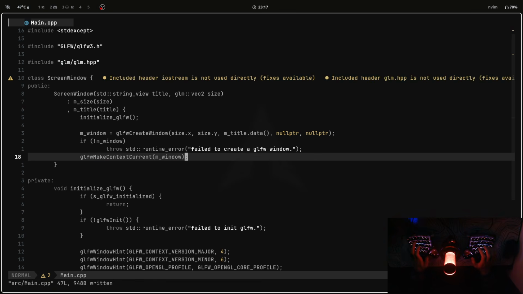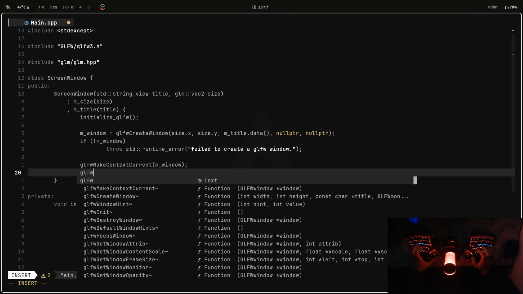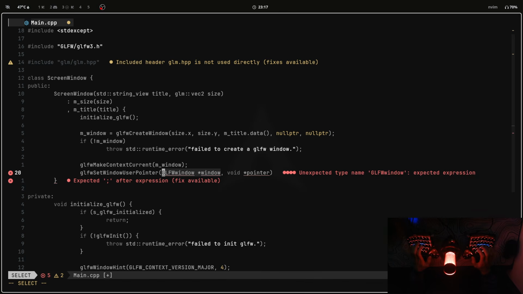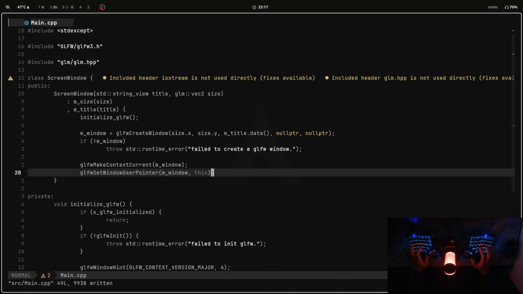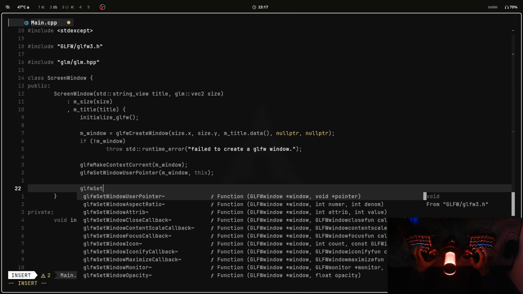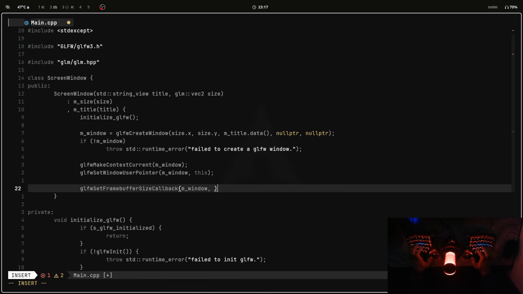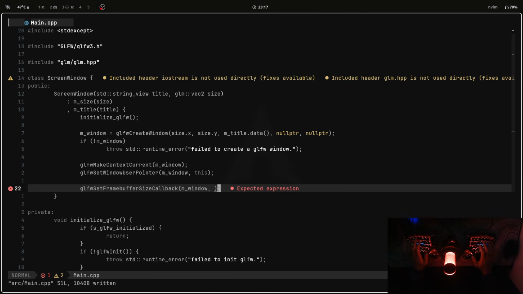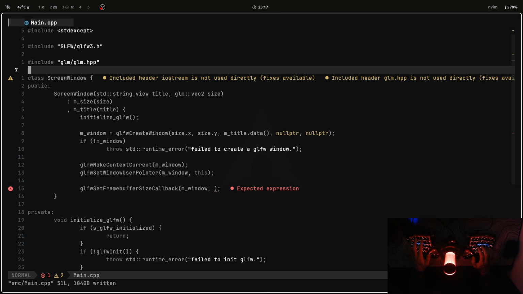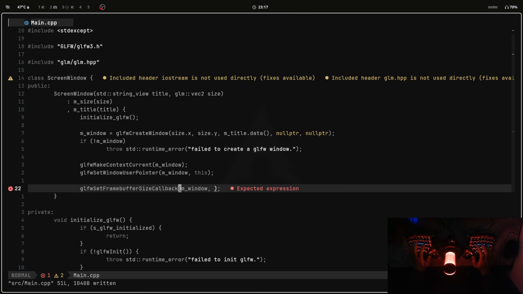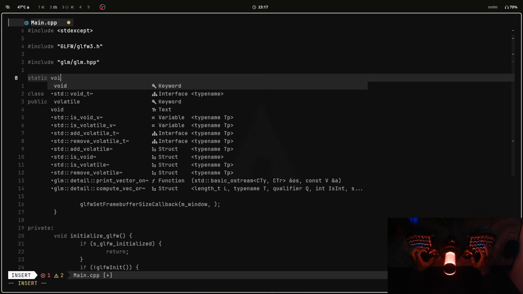and other than that we can set the context current to that window. And let's also set the window user pointer to be that window, so to be this. Now you might ask yourself why we're doing that. We'll add a framebuffer size callback to the screen window. So each time we resize, a callback is called, which we'll define now,